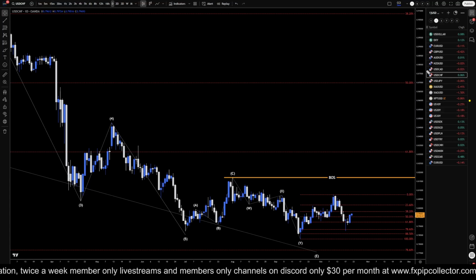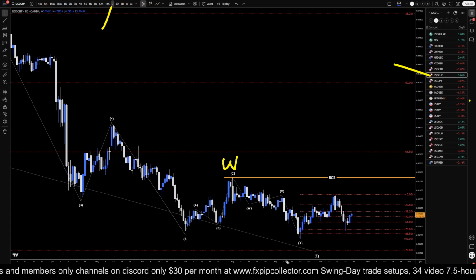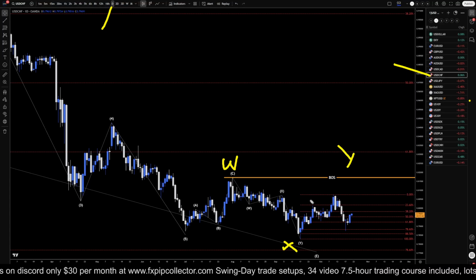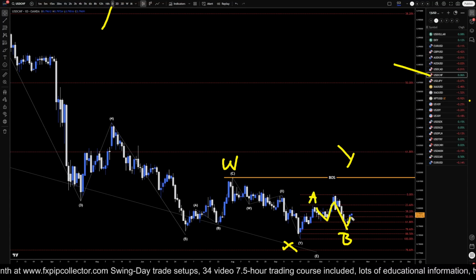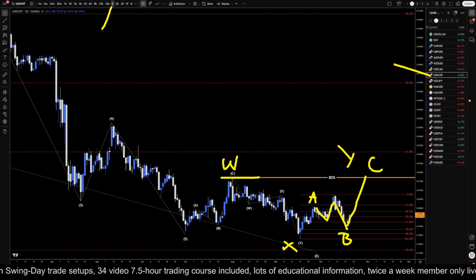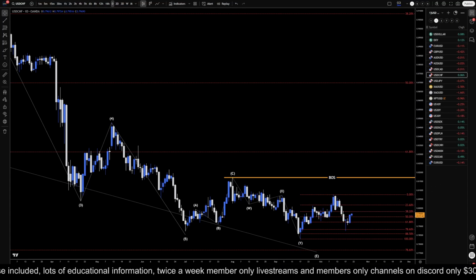This is my analysis for the US dollar Swiss, and we're on the daily time frame. On the US dollar Swiss, I'm still looking at this as possibly three waves of W, three waves of X, and I think we're in three waves of Y. I think the first push up is the A. I think this is like an expanding wave B. I think there's a good chance we're heading up for a wave C, which will likely take out the high of wave W. Could possibly even make a run for the high of wave four over here too if it really gets ambitious. But either way, for now, I am definitely very, very bullish on this pair, looking for longs